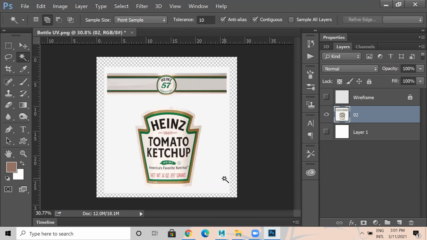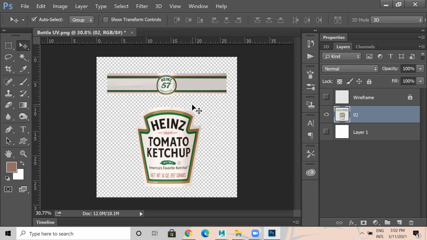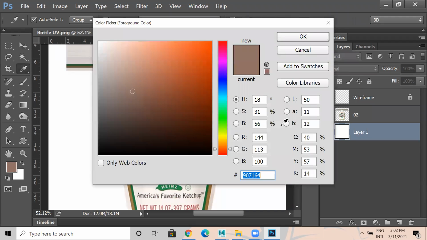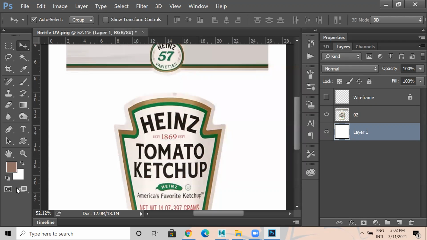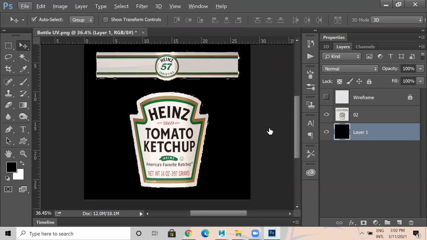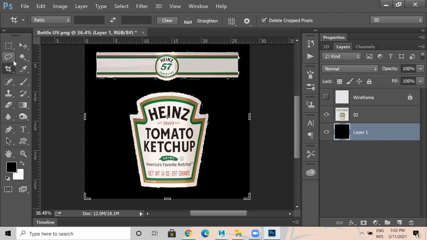Okay, Control B. Now we can see, I just made this background black so that if something is not clean, we can fix it.